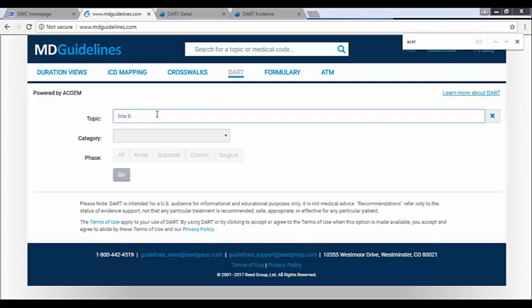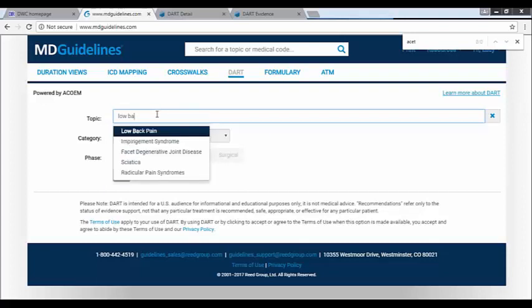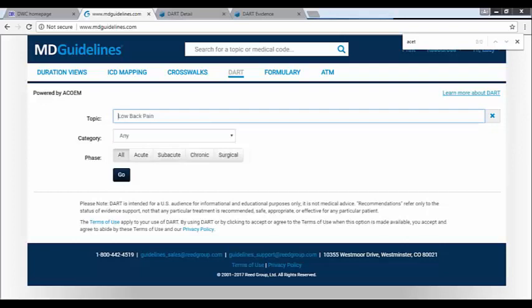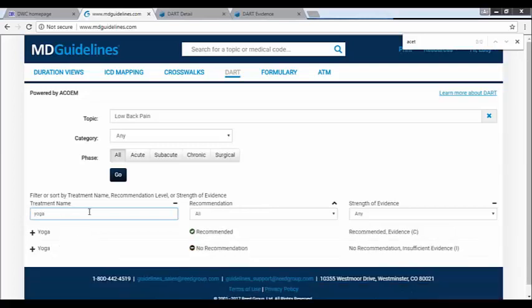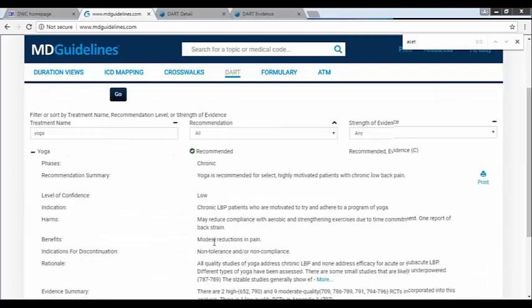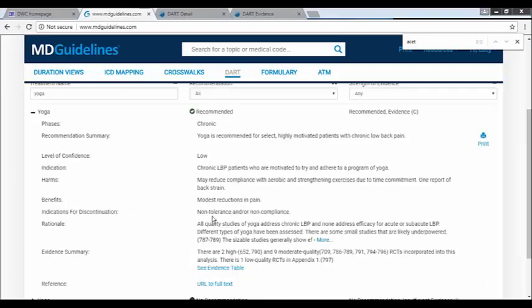So, for example, if I were in the topic of low back pain, and I click go, and for example, I may be interested in information on, let's say, yoga. I can go ahead and type that in. When I expand this first recommendation here, there is a reference at the very bottom, and it says URL to full text.